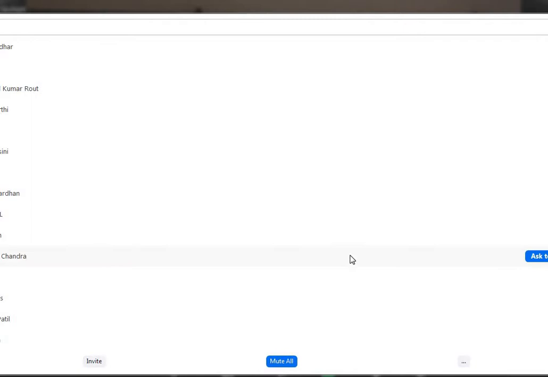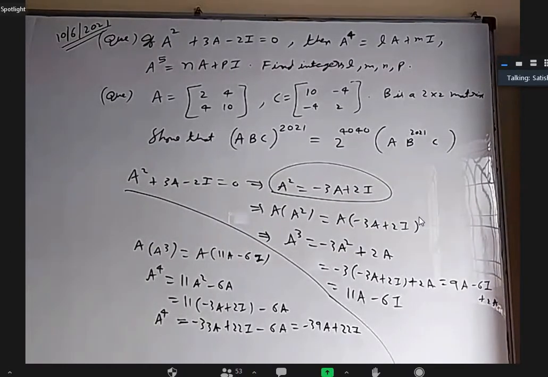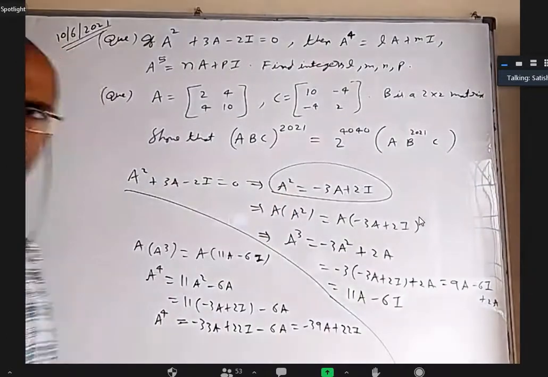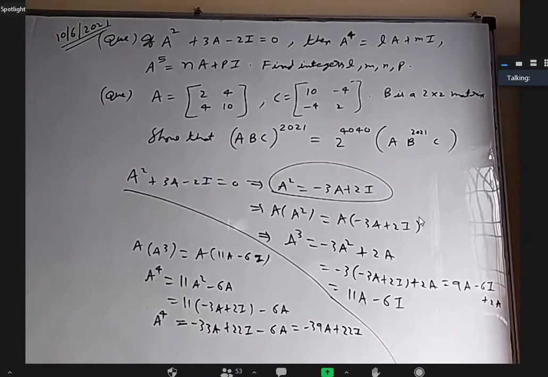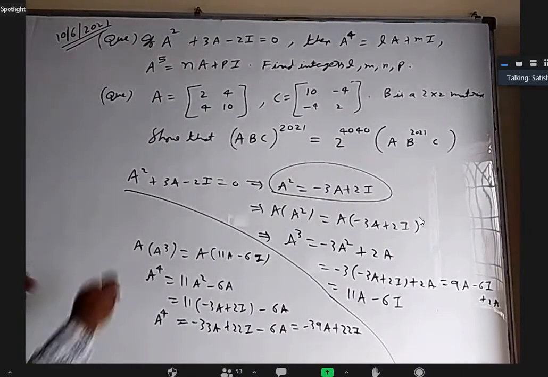Sir, is AI equal to IA? Yeah, that is correct. A and I are equal. Sir, then we can directly square the A square, no, sir? Yes, directly you can do square of A square. It's okay. You can do that. If you square it also, you should get the same answer. One way to do that, I'll try that also. Let me try.